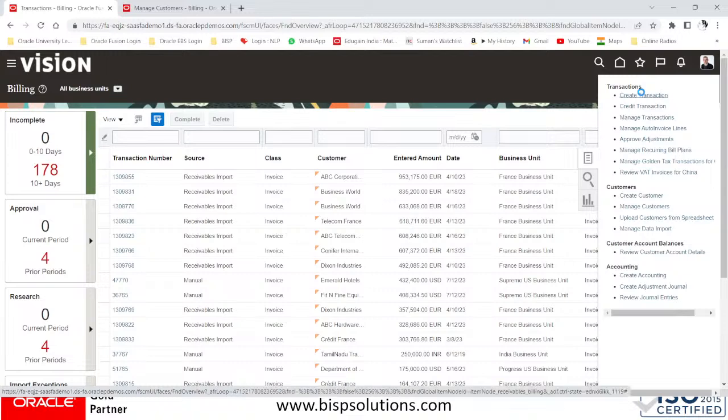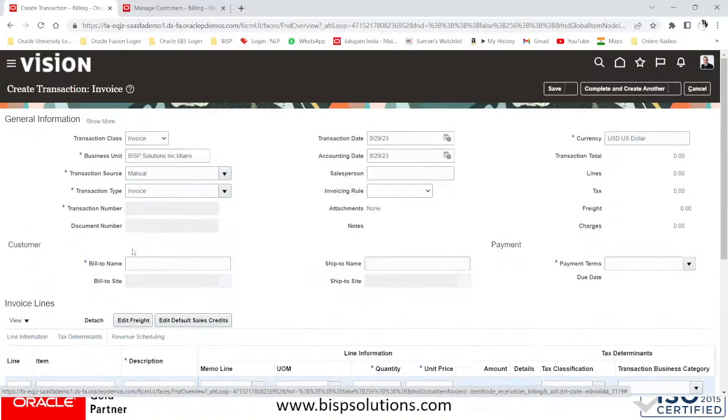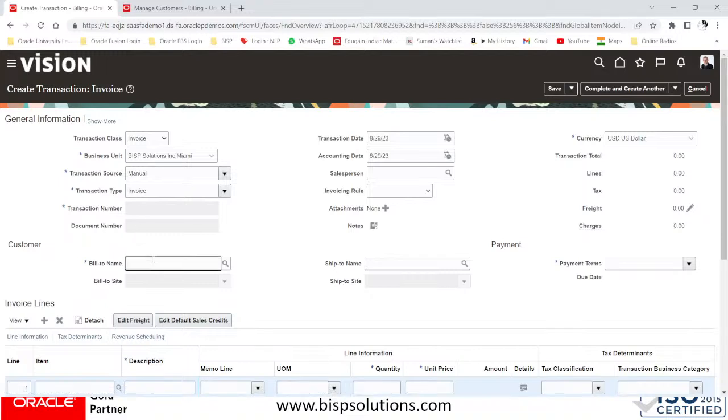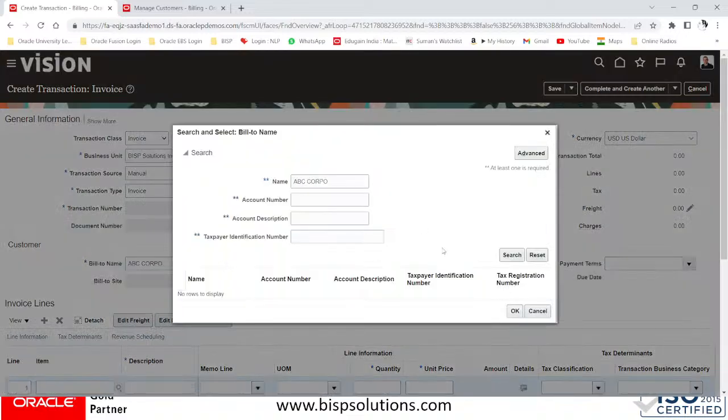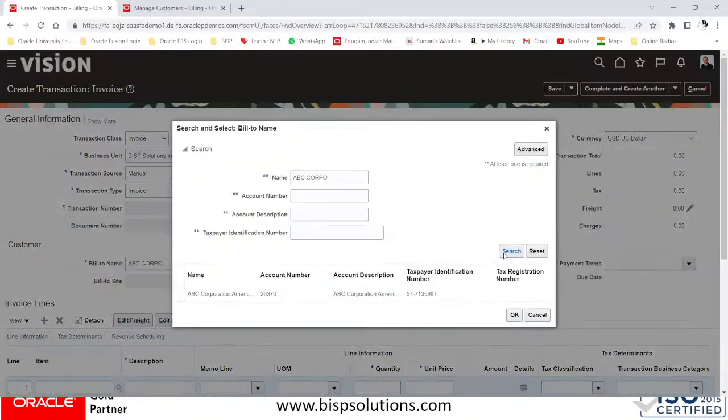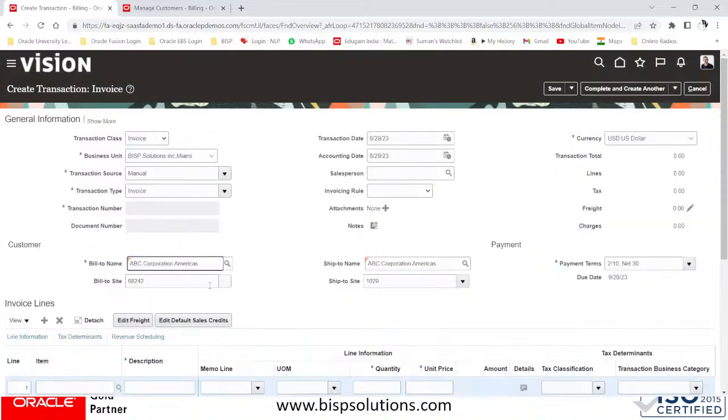Create transaction. So let us select that ABC CORP, search with that. Here we are. Select that